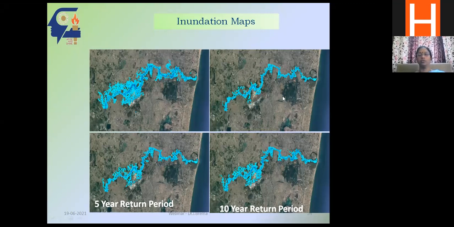So what you see here is for a 2-year return period, and this is for 5 years, and this is for 10 years, and this is for 50 years. Of course, I have not written down the period here. You can see the extent of inundation, what is taking place on the banks. So this is very high. Of course, Chennai airport lies somewhere here, where it got heavily inundated because of this 2015 flood. There was no flight movement for a short period.